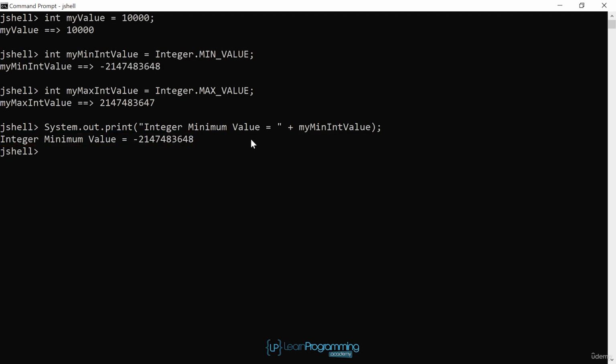There are better ways to print this out, but at this point in the course, the use of the plus operator is perfectly acceptable. Let's do the same thing, but instead of using our variable, we can just use the expression Integer.MIN_VALUE. System.out.print("Integer minimum value = " + Integer.MIN_VALUE);